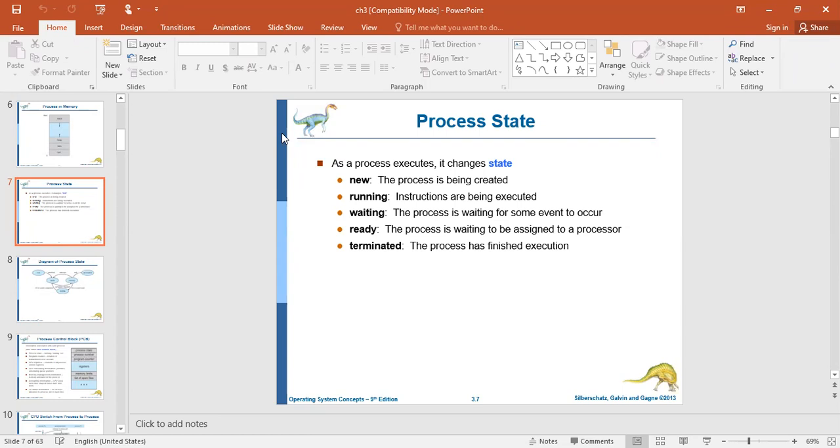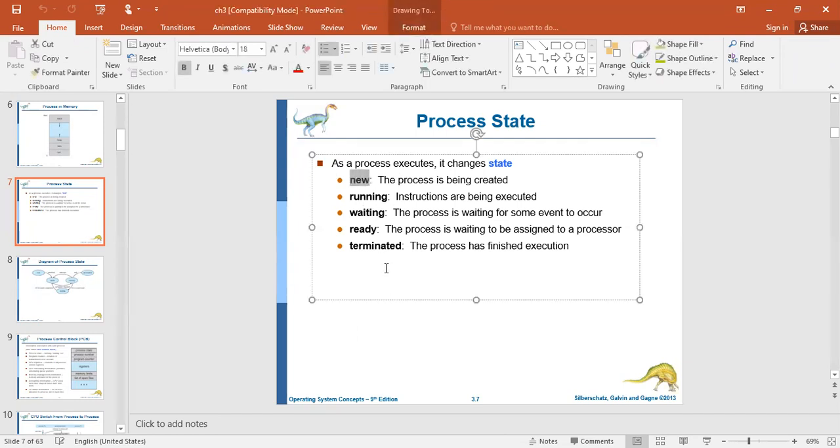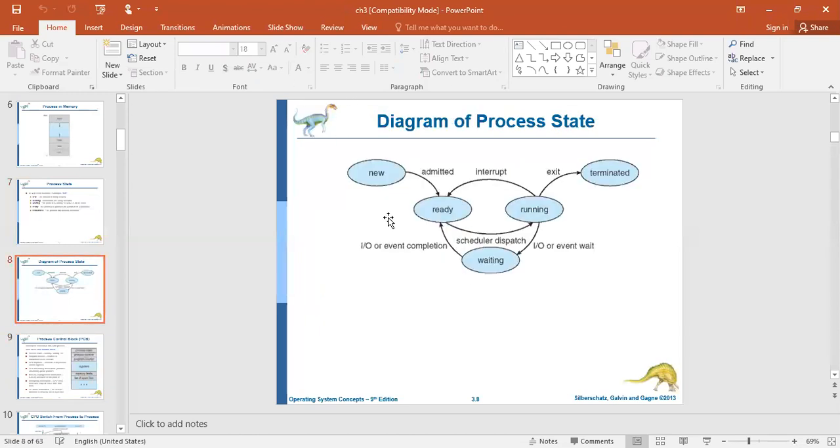Ready, running, terminated, and wait. So wherever you observe, even though you have different names for these, don't be confused. Try to understand the functionality of each and every state. That is more important. Now let us see this process life cycle diagram, or process state diagram.